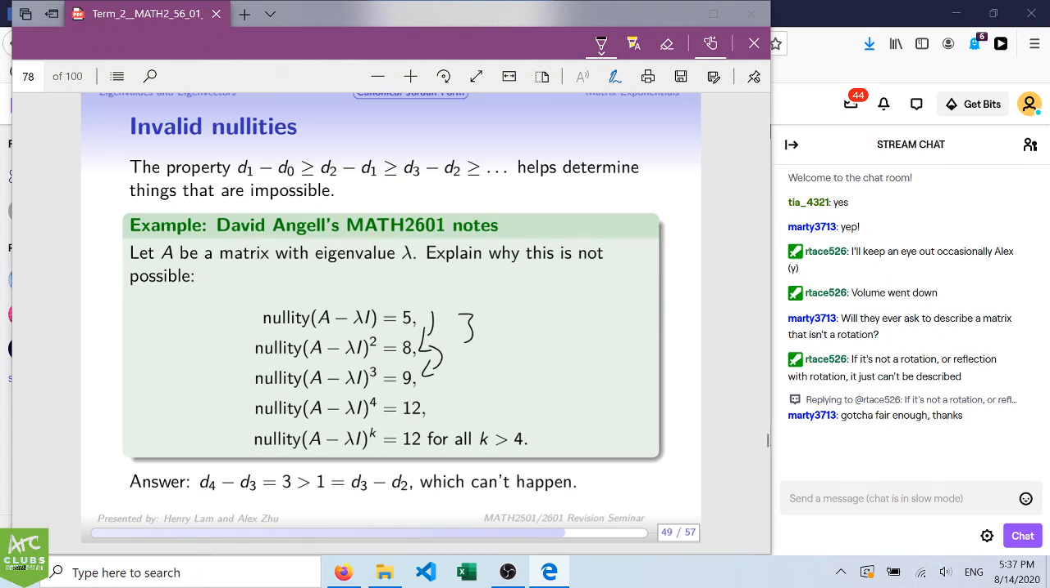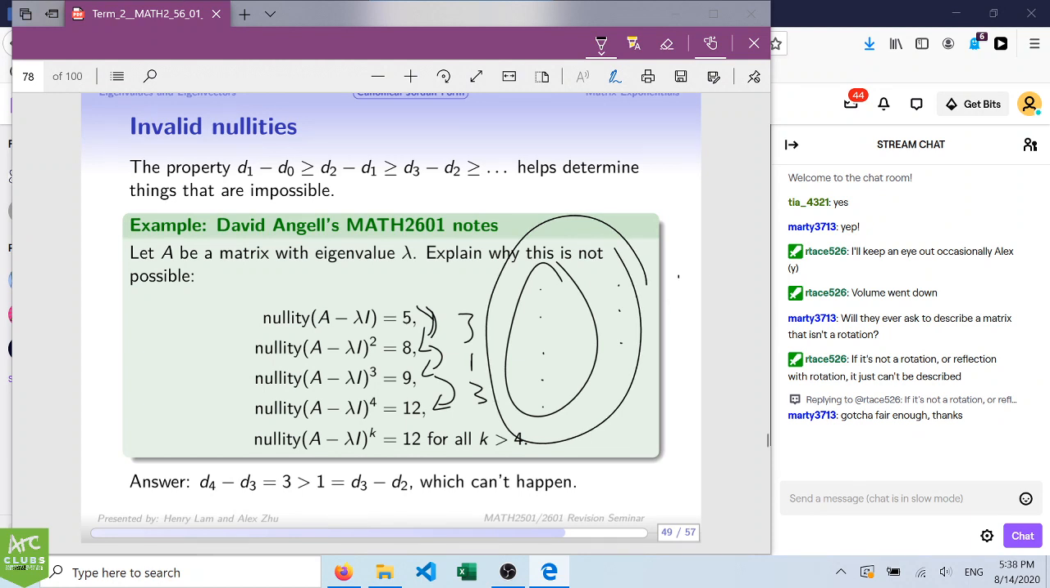So going from this to this, there's 3 vectors. Going from this to this, there's 1 vector. And then going from this to this, there's 3 more vectors again. So this does not happen for an onion diagram, because if you draw 5 here, and then you draw 3 more here, and then you draw 1 more here, you cannot possibly have 3 more again on the outside, because